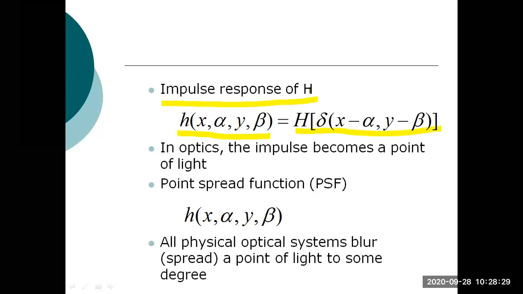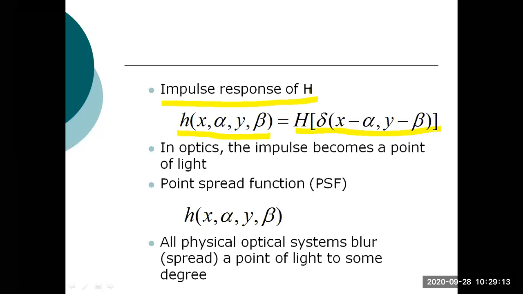Due to this, all physical optical systems blur, meaning spreading. Already we have used this blurring concept in our enhancement, image smoothing. What is image smoothing? We are blurring or spreading the intensity equally over the image. If we are spreading the image equally, that is smoothing, blurring. Here also in optical systems there is light blurring, a point of light spread to the same degree. If you provide the same intensity of light over the entire image or area, that is called blurring.